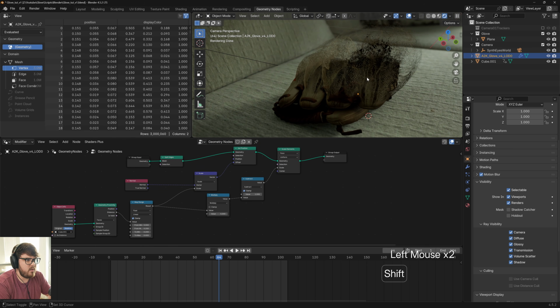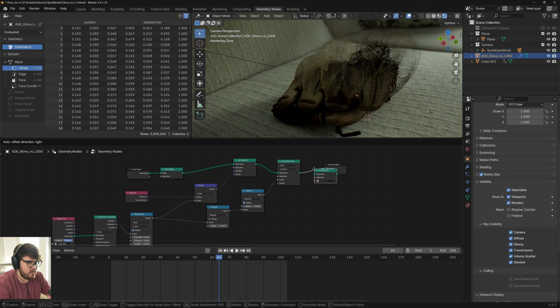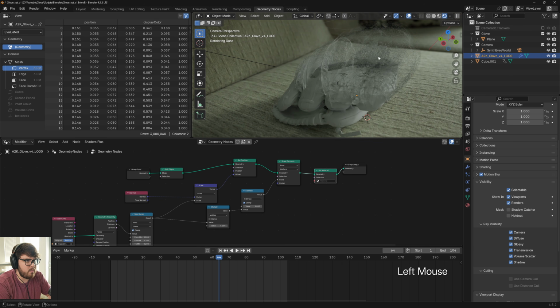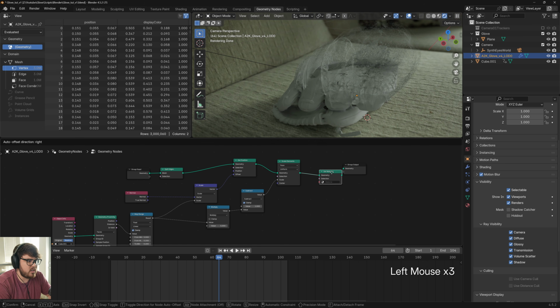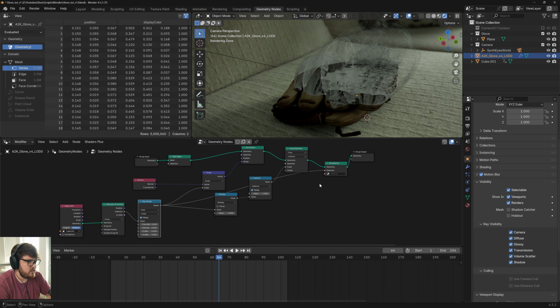And so what I'm going to do is I'm going to go ahead and add a set material node right here. This is going to be at the very end, right before we actually output this to our object. And we do want to go ahead and set the selection to be a specific selection. So what we're going to do is bring the map range node over to our selection. And then as you can see, all of this up here is this material,